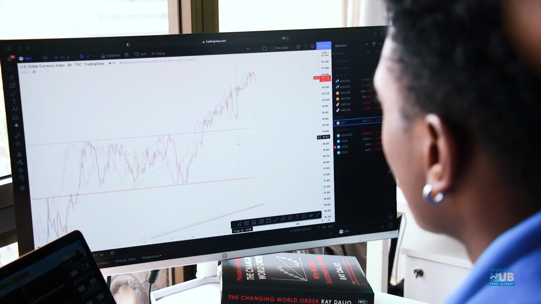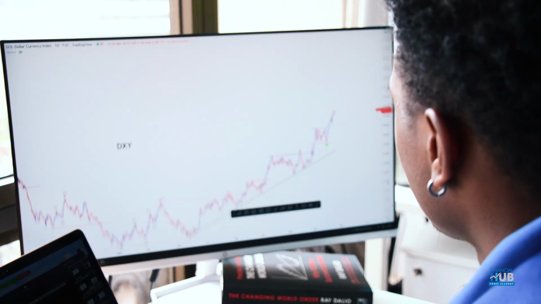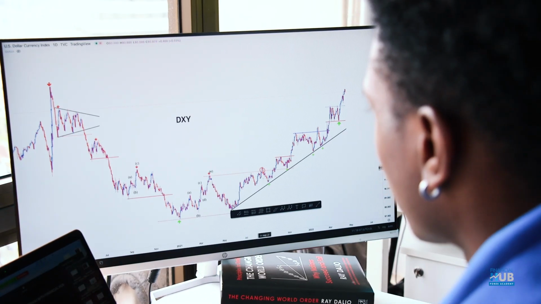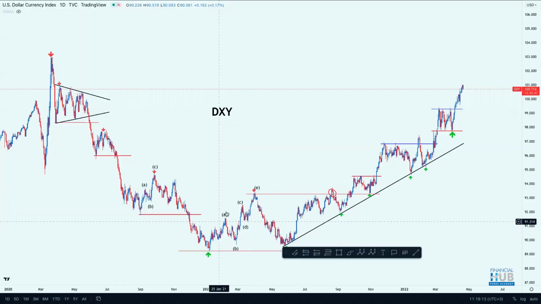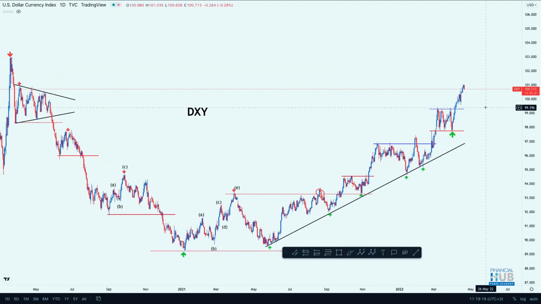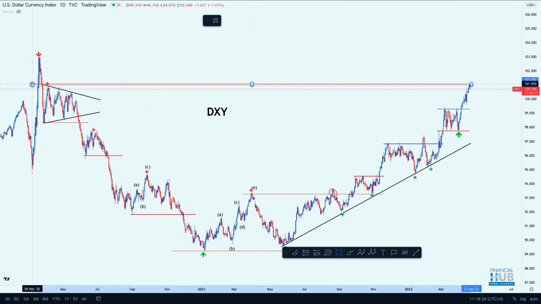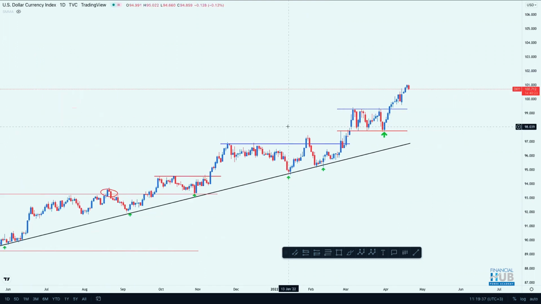As I finish off looking at DXY, DXY has been trending quite beautifully, forming new highs and higher lows. I remember teaching one of my students this in class, which is why you can see many things marked on the charts. When we were moving down, the market was forming a very good pattern of lower lows and lower highs. When we changed direction, the market started forming higher highs and higher lows, and where we are right now, the market has gone back to pre-COVID high levels. Above the $100 mark is where we were pre-COVID. So we've gone back to the pre-2020 highs, and we want to see how the market is going to respect this level moving forward.